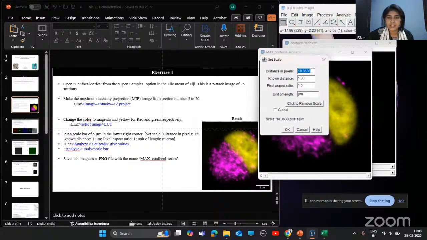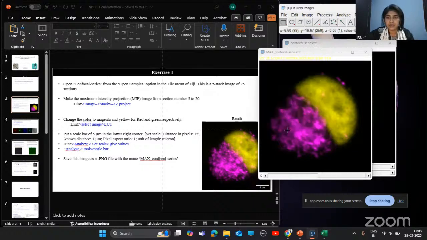Distance in pixels should be 15, known distance should be 1, aspect ratio will be 1, and unit of length micron. Okay, then I'll click OK.